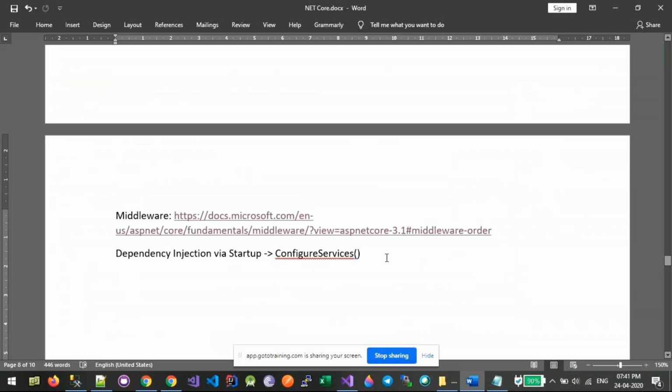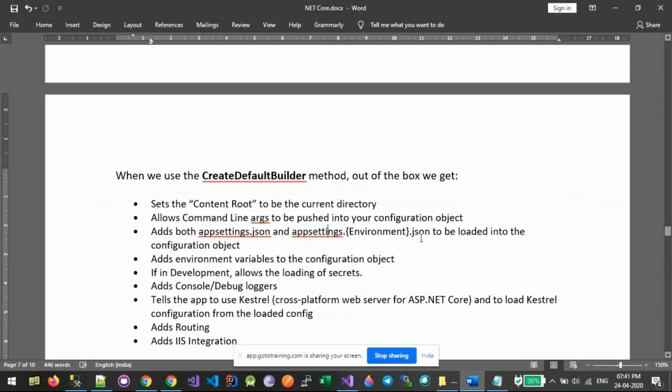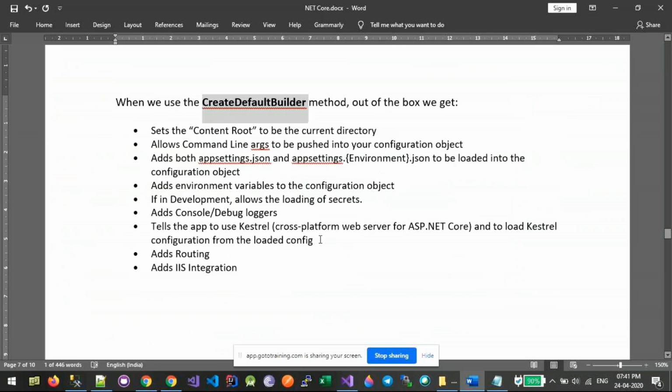In the meantime, let me go back and talk a bit about the CreateDefaultBuilder method that we saw in the Program class. What this does is automatically add all the configuration files, all the environment variables, all the loggers, and it will also allow us to use Kestrel, which is a cross-platform web server for ASP.NET Core, since we are deploying on non-Windows environments also.